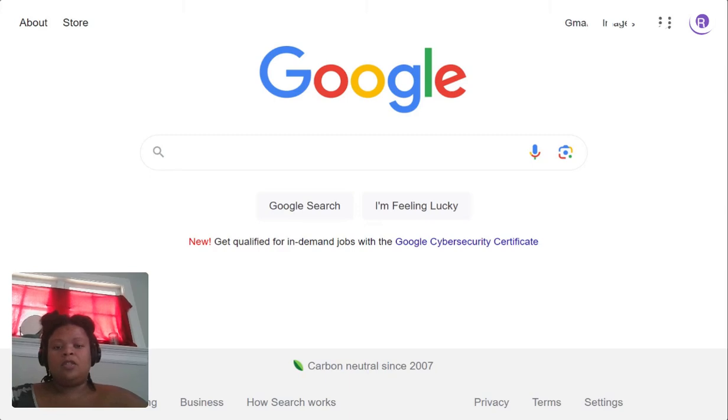Okay, I'm going to show you guys how to download Kali Linux into VMware as a virtual machine. So, first we go to VMware.com,